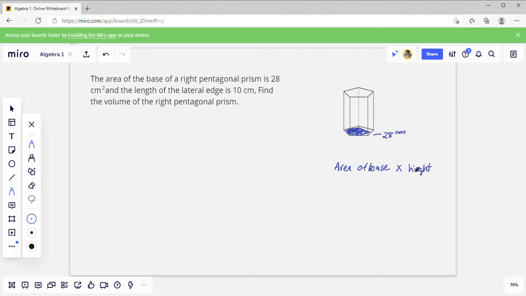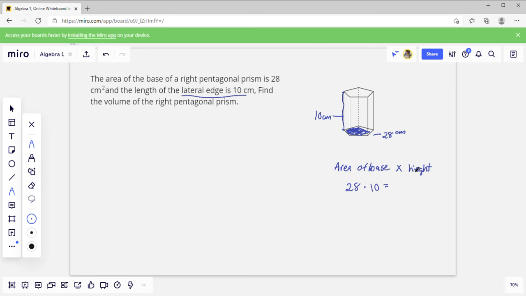Well, it told us that the lateral edge is 10 centimeters, so here's an edge. So that means that is 10 centimeters. So we're just going to multiply the area of the base times the height, 28 times 10, and we should get the volume by doing that. So area of the base is 28 times the height, which is 10,